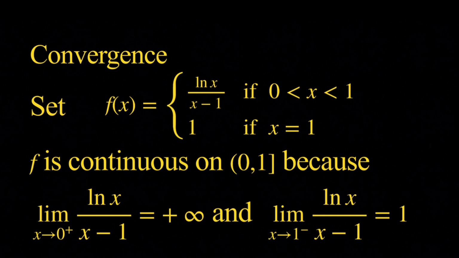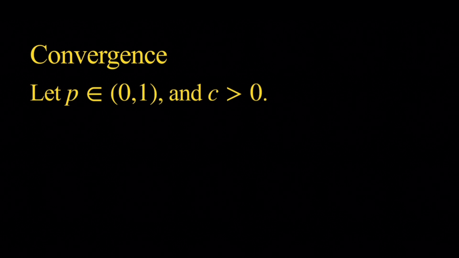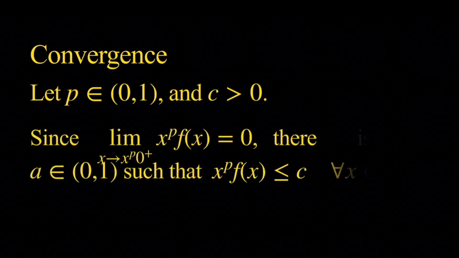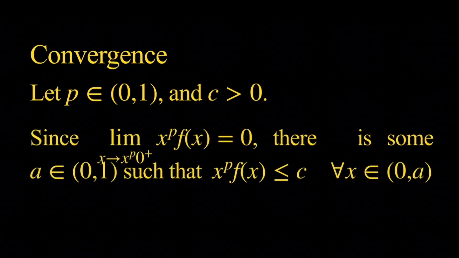Okay, now we are going to choose a number p between 0 and 1, and we're also going to choose a positive constant c. Now we know that the limit of x to the p times natural log of x is equal to 0. So if we divide it by x minus 1, the limit won't change. So the limit of x to the p times f of x as x approaches 0 from the right is